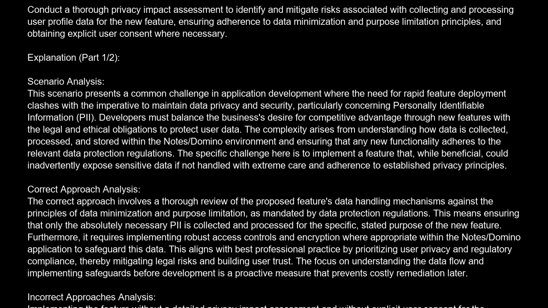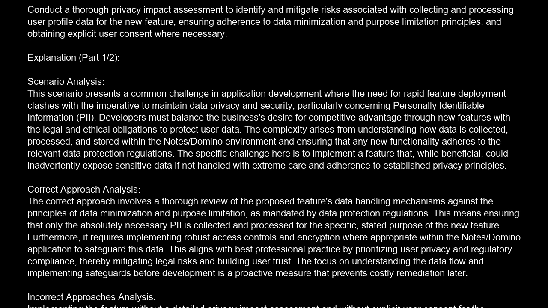Correct approach analysis. The correct approach involves a thorough review of the proposed feature's data handling mechanisms against the principles of data minimization and purpose limitation, as mandated by data protection regulations. This means ensuring that only the absolutely necessary PII is collected and processed for the specific, stated purpose of the new feature. Furthermore, it requires implementing robust access controls and encryption where appropriate within the Domino application to safeguard this